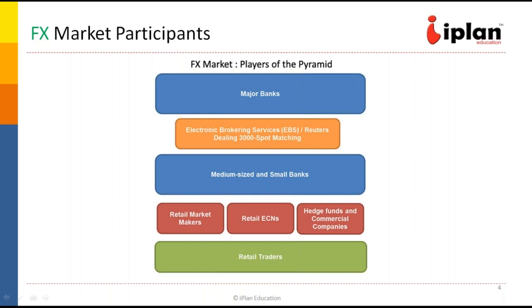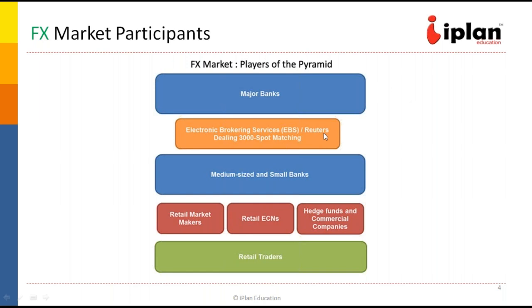Now, who all are participating in the market? We have major banks. Major banks mean all the central banks across the world. We have 160 countries, and similarly 160 central banks, almost one central bank in each country, like we have the RBI in India and the Fed Reserve in the USA. And then we have